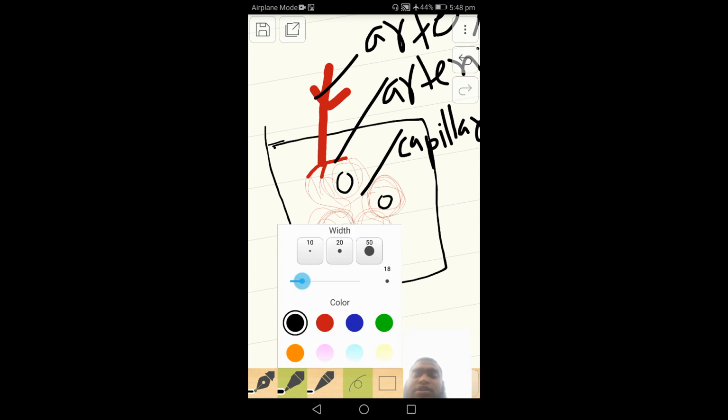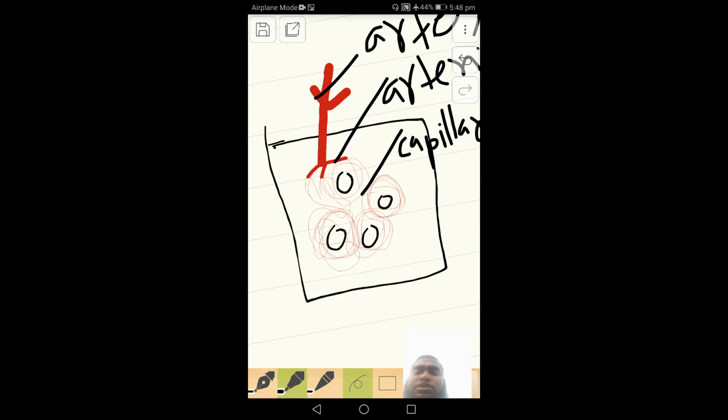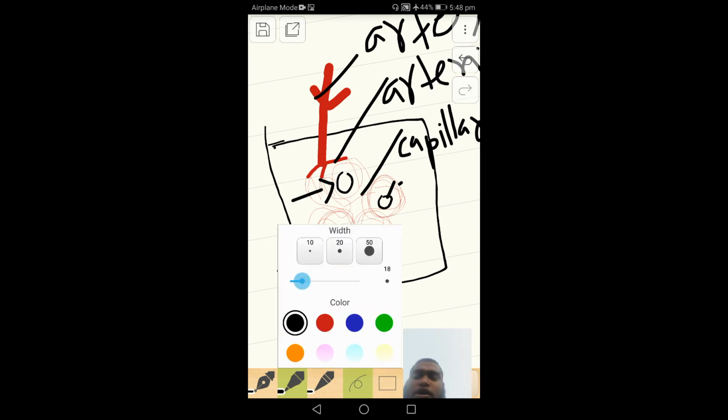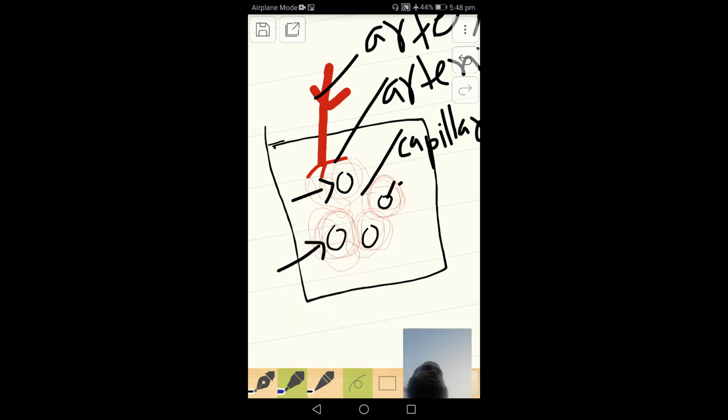So the capillaries are now delivering oxygenated blood to the cells. Okay, so they are now delivering oxygenated blood to the cells, and then what's happening is that they are collecting the carbon dioxide from the cells and other waste materials from the cells. All right, so then what's going on is that since the blood is giving oxygen